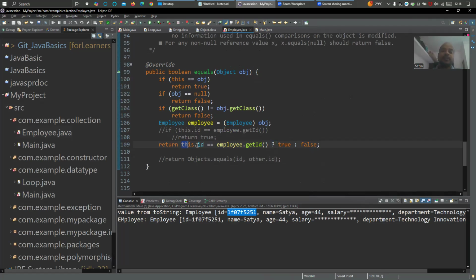First you have to give the condition, and then you put a question mark. After that, the true part will come first. If this condition matches, it will go to true. If this condition is not matching, it goes to false. So